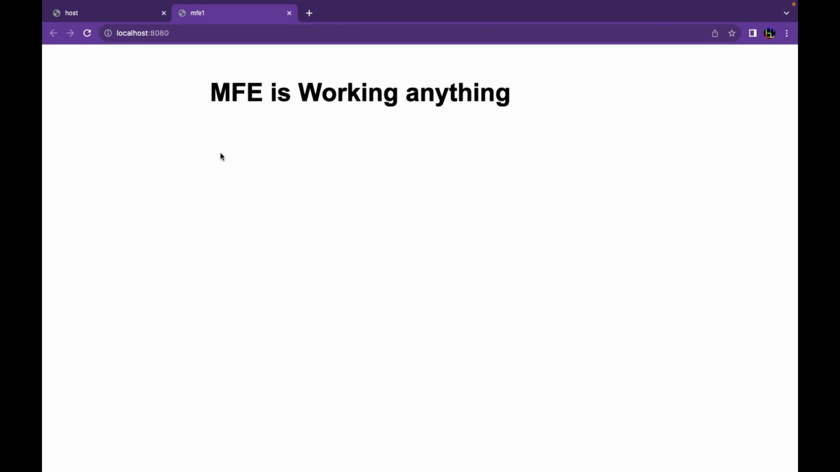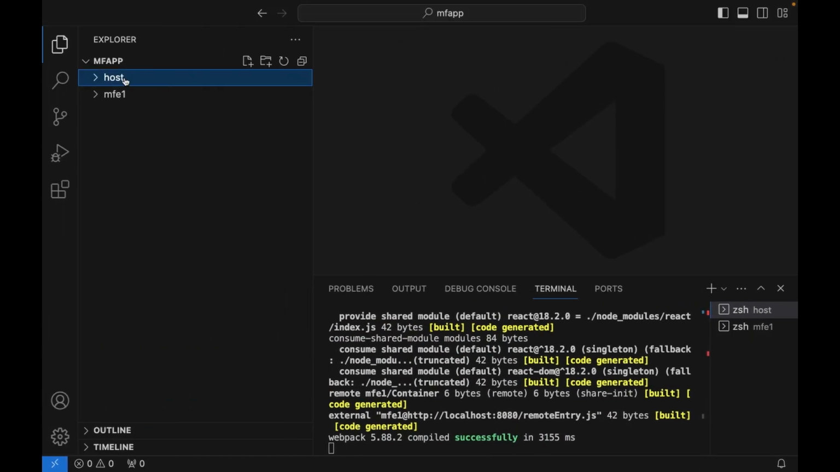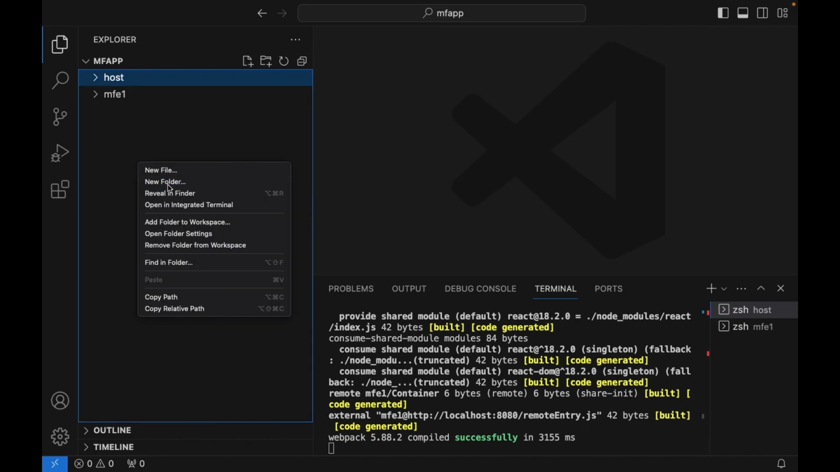Till now we have created a microsite and used that microsite inside our host application. We have created two applications, host and MFE1. So now we will see how we can create a microsite from an existing React application, or a React application created by Create React App. For this, let me create a folder over here,